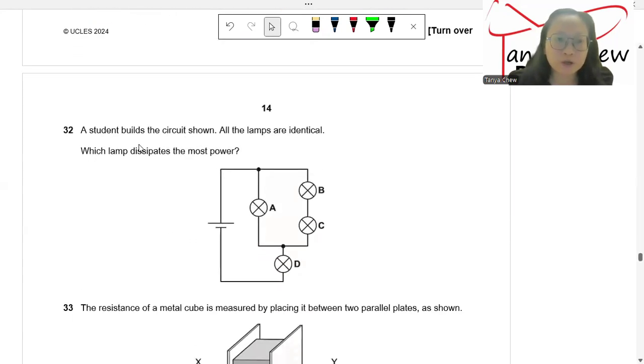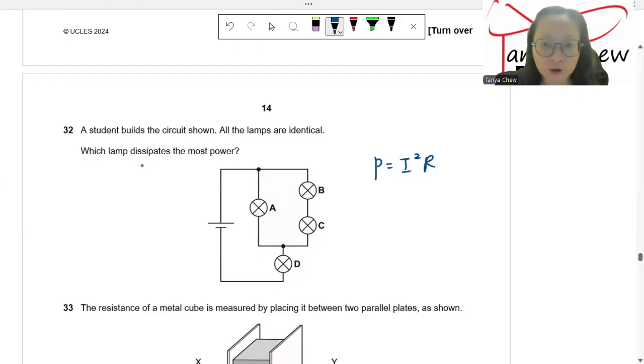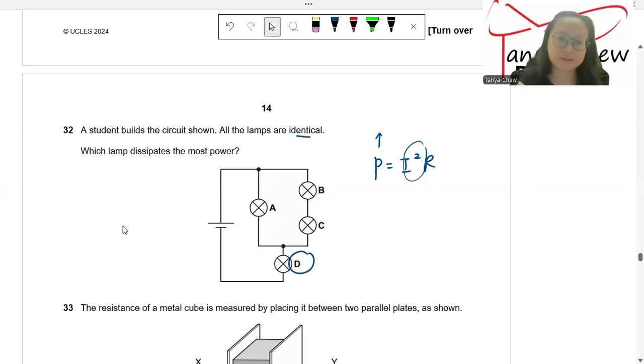Now, 32. A student builds the circuit shown. All the lamps are identical. Which lamp dissipates the most power? For the lamp that dissipates the most power, I'm using P equal to I squared R. The largest I will give largest power because all the lamps are identical, so they share the same resistances. D is the answer because the current has yet to split or the current combined together before going back to